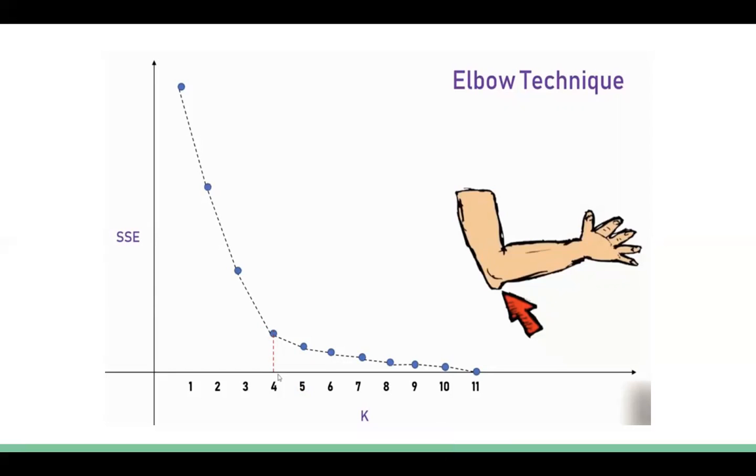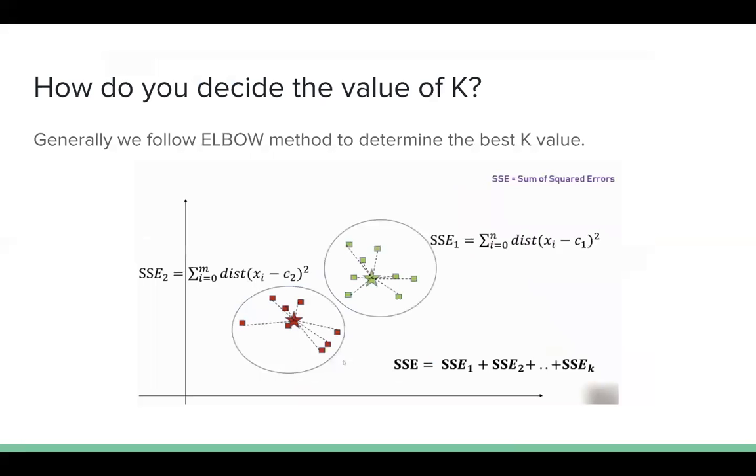This elbow method will generally allow you to quickly understand what could be the possible k value that can give a better result. The elbow method also depends on the sum of the squared errors, so at each and every iteration you may have to calculate the error and see which one is giving you a better result. This is one of the very important topics in the k-means clustering algorithm.